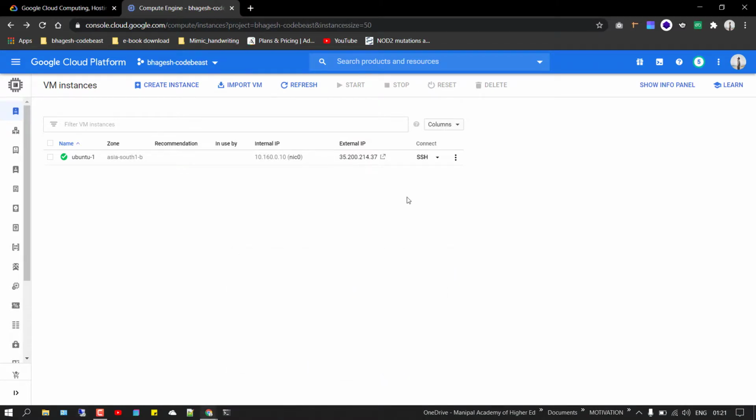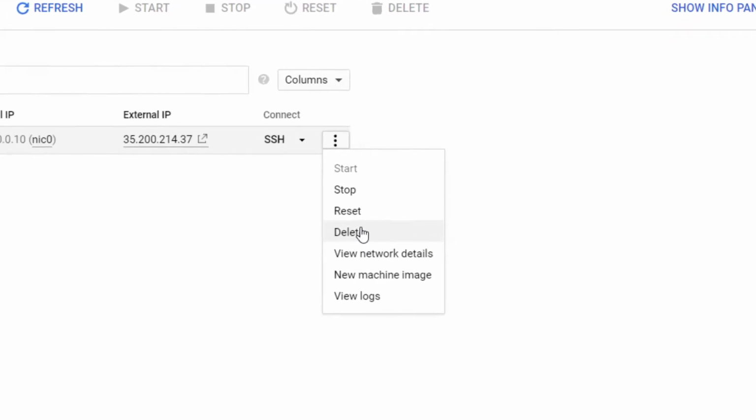So if you want to save on the credits and not spend them in a month or something, what you can do is either stop the service or delete the service. Stop service will stop all your running virtual instances, but you will still be charged for all the storage devices which have been allotted to you. Reset, you can use this option when there's a problem with the Ubuntu system or the virtual machine and it's not booting up, or there's some error. You can just reset it right from here, or delete it completely, just in case you want to erase and you're done with working, or you have already transferred all your working files on the cloud or something.